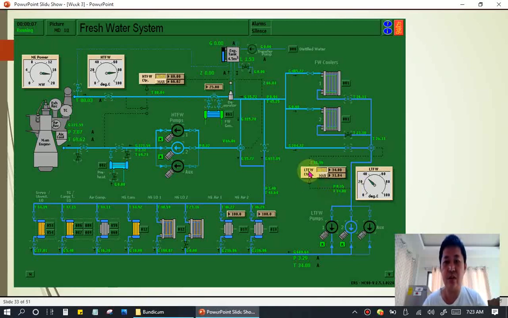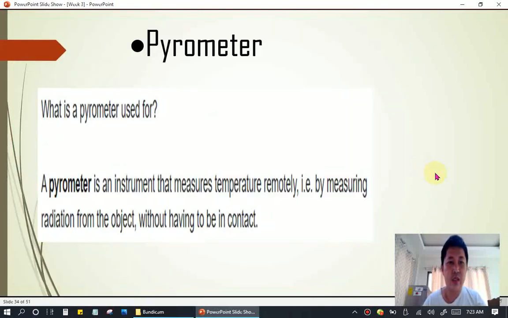So next, we discuss the pyrometer. So what is a pyrometer? A pyrometer is an instrument that measures temperature remotely. For example, by measuring radiation from the object without having to be in contact. So when we say remotely,